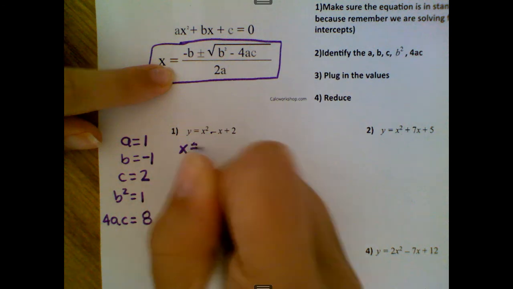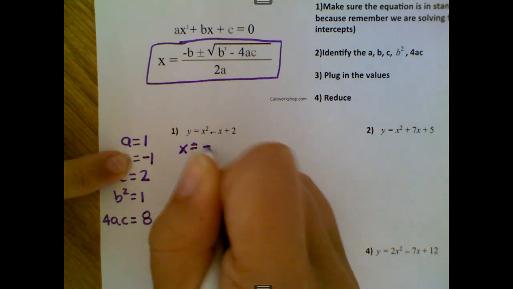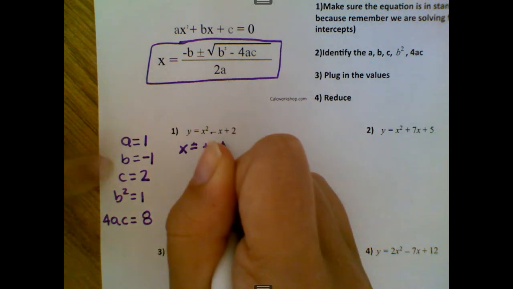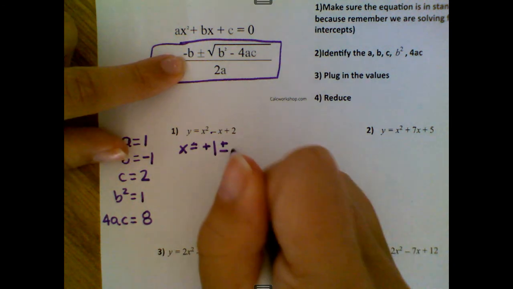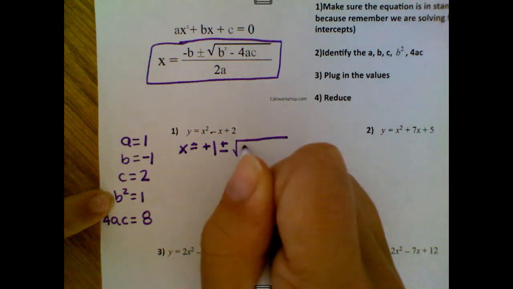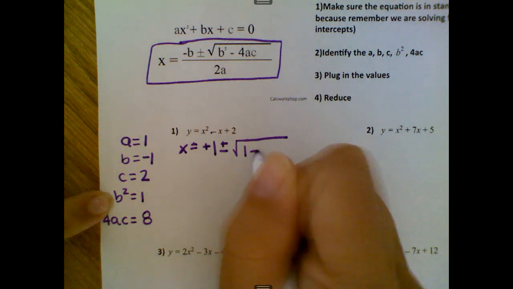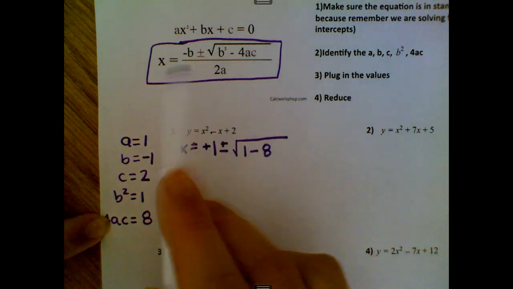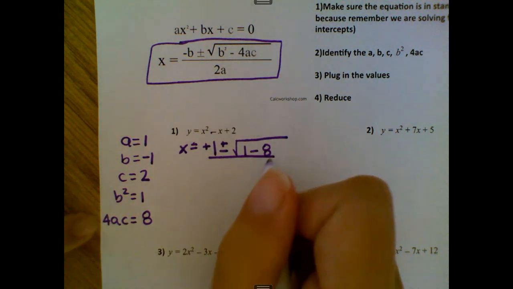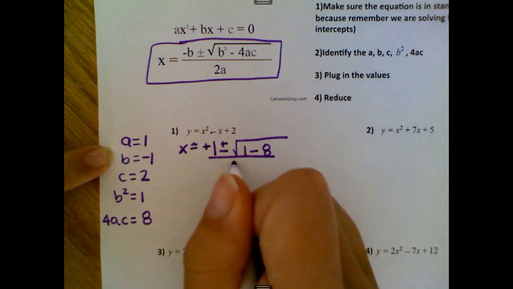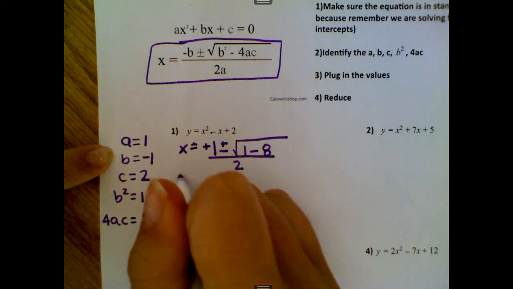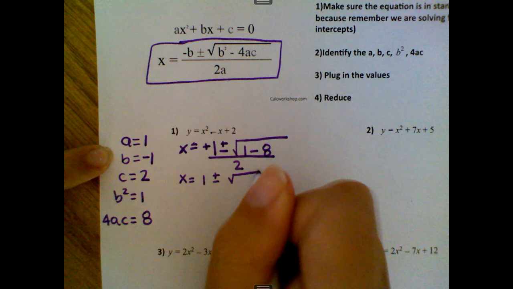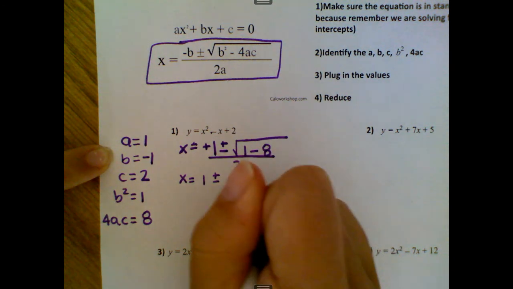x equals negative b. So negative of a negative 1 is a positive 1 plus or minus the square root of b squared minus 4ac. See how I just picked these numbers up and put them in the spots from here. All over 2 times a, which is 2. So this is where all the reducing occurs. So we have a 1 plus or minus, and then we have a 1 minus 8, which is a negative 9